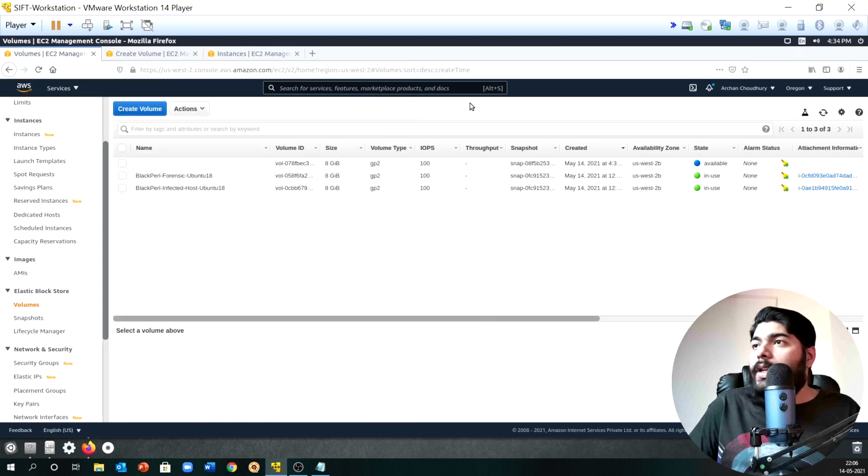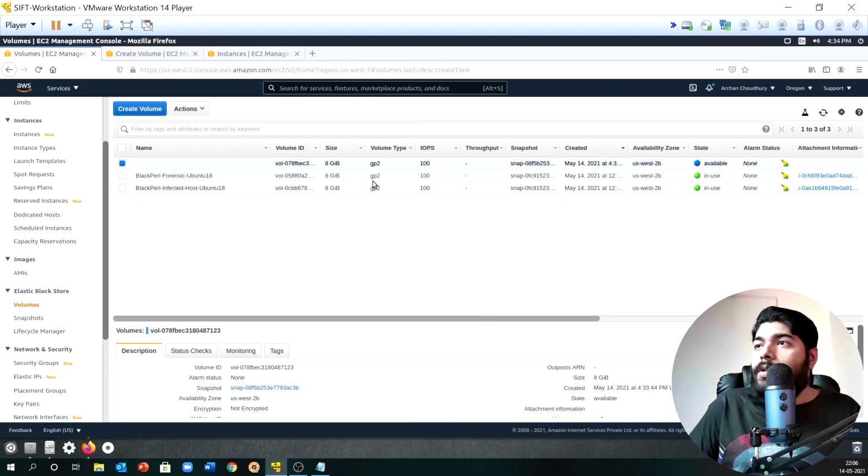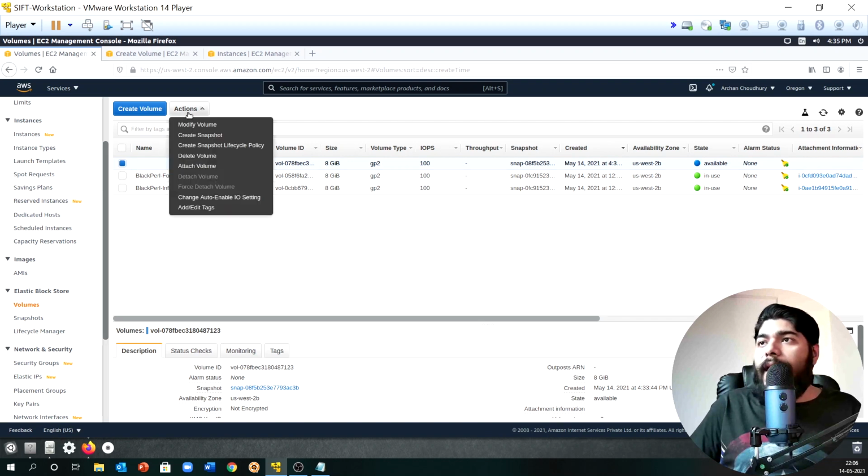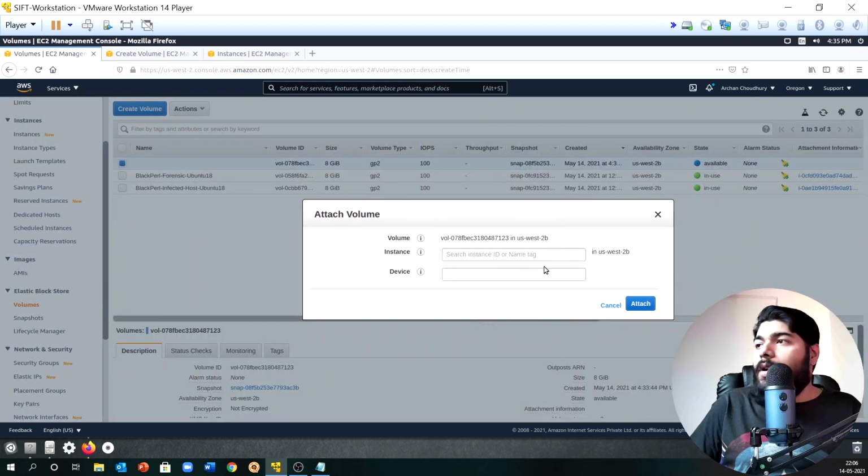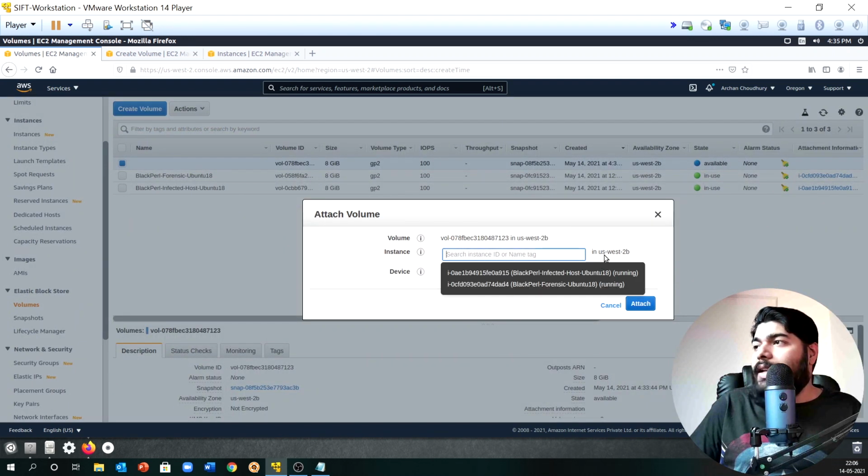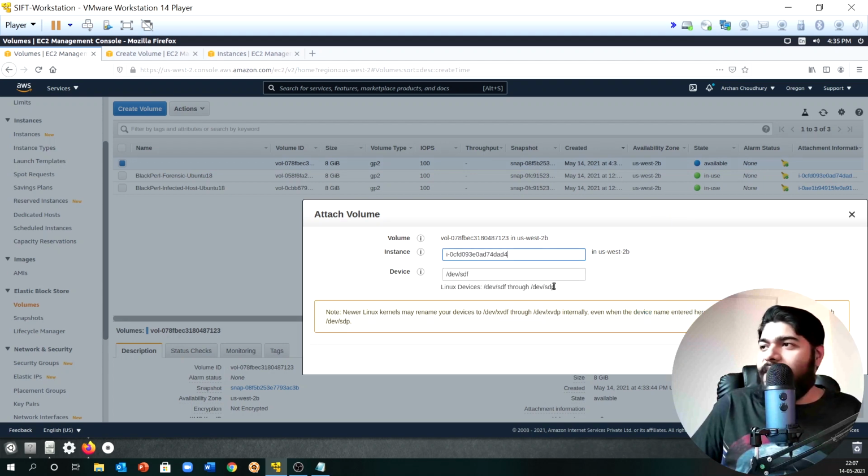Now we are not going to mount it; actually we are just going to attach this volume to our forensic workstation. So we will go inside and attach this particular volume to our instance. You see it says US West 2B. On which instance do you need to attach it? Obviously our forensic Ubuntu workstation, right?